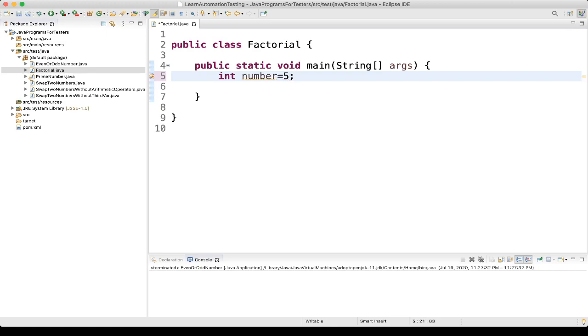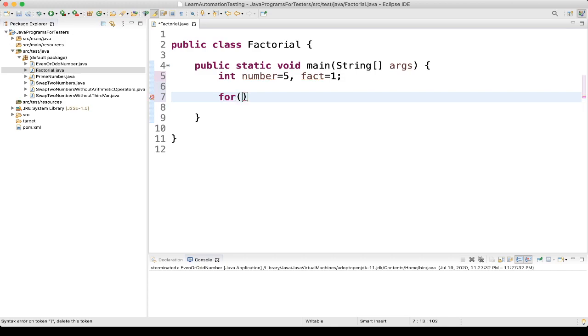Then we'll take one more variable named fact and we'll assign the value 1 to it. I'll tell you why we are assigning that. Then we'll write a for loop.